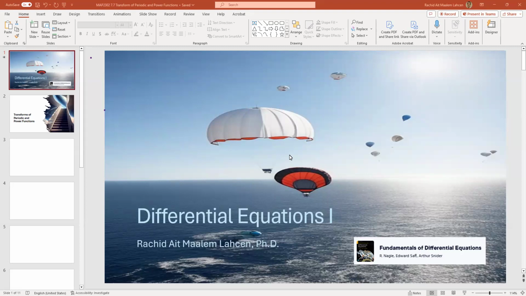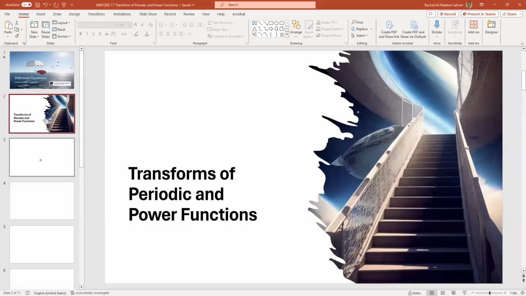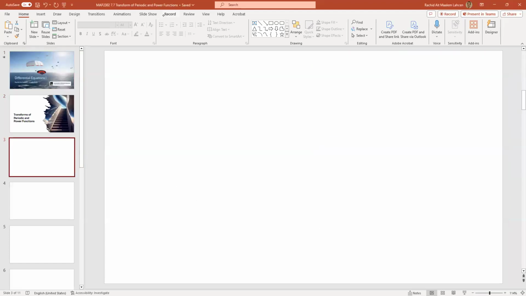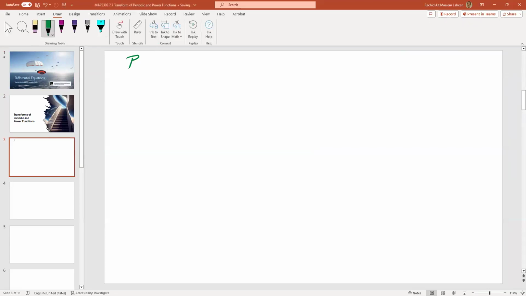Just when you derive or work on these to come up with these transforms, you may get into a lot of different steps. And a review of previous work in algebra does help here, and also trigonometry if you're dealing with trig functions. So let's talk first about